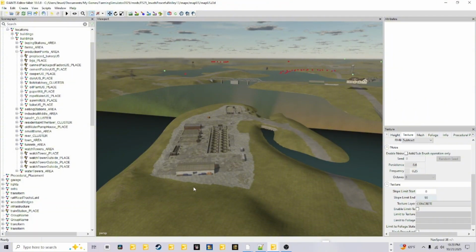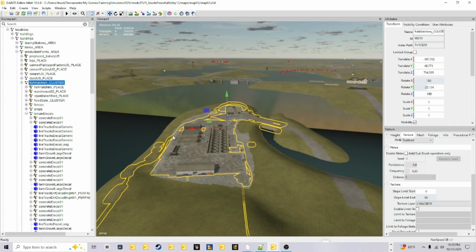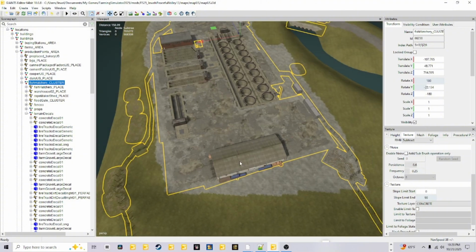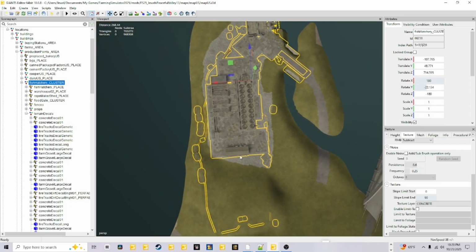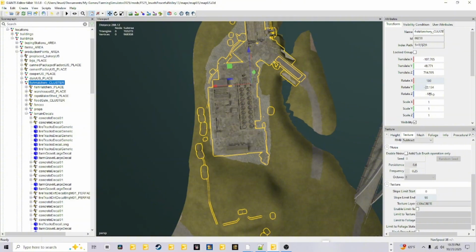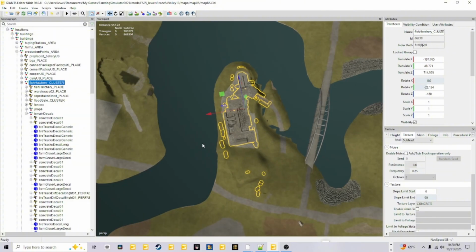Figure out your placement. Like I say, if I was to take this, let me click on it. I don't need to turn it, but if I were going to turn it, what you could do, if you hit 0 on the rotate, it would square it back up. But that's going to change all that. You see what I'm saying? So